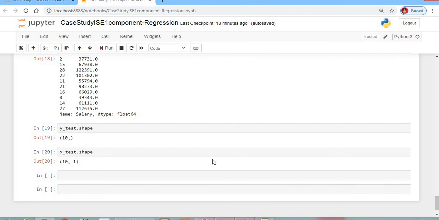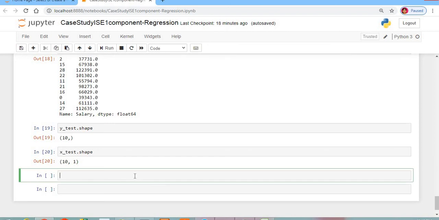So now once we have done this, we will design one regressor instance. What is this instance for? We will be creating the instance from linear regression. Okay, linear regression. You can see after pressing the tab, it automatically gets imported, right?